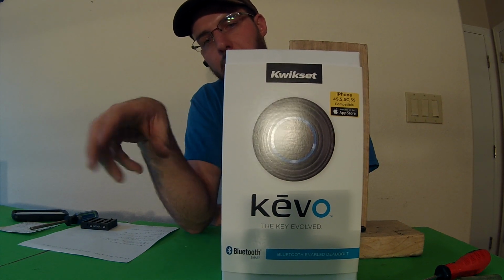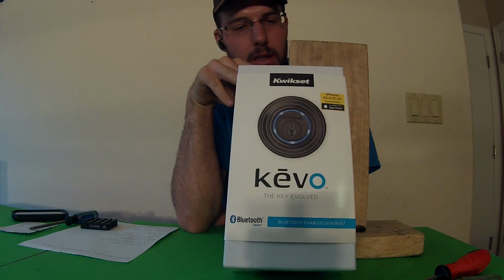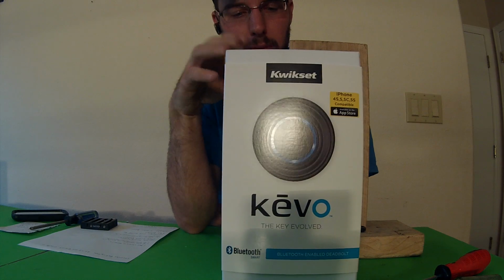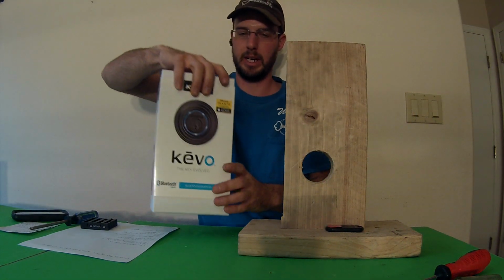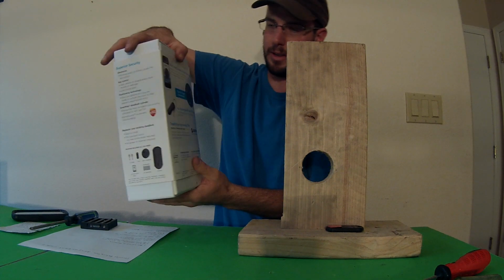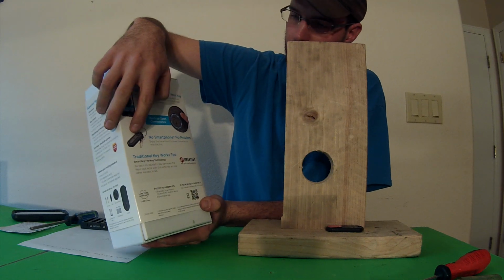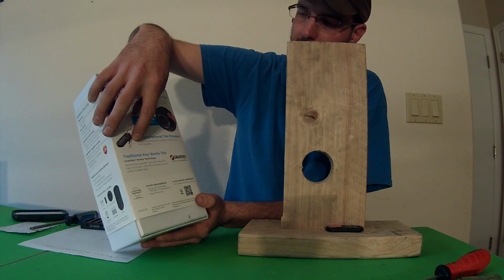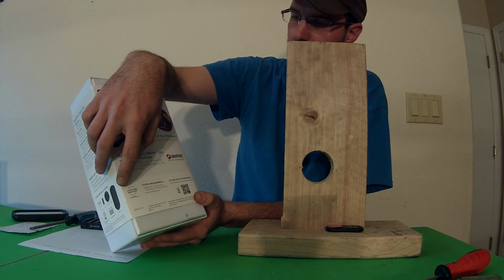This is a brand new Kevo lock from Kwikset. Just got this off of the mailbox and ordered offline, and it's here and we're going to put it in. One of the things about this lock, it's going to come with the key fob, so you don't have to have a smartphone to use it. It's going to come with a key, and it's going to come with a lifetime warranty on the finish, 1-year